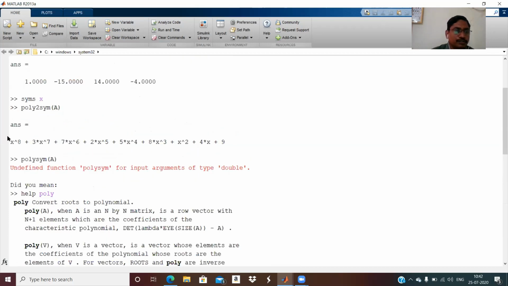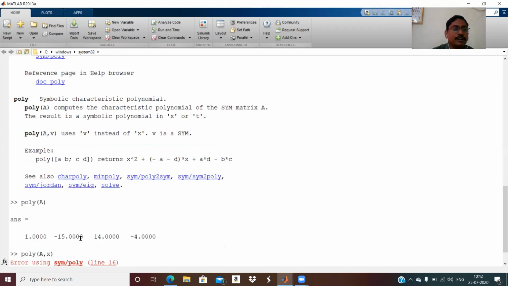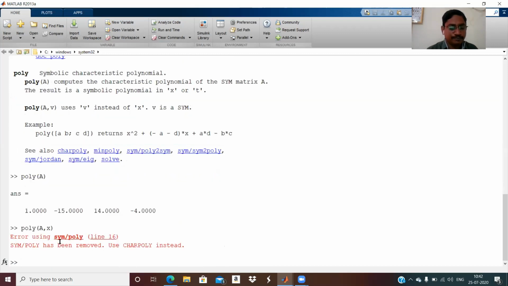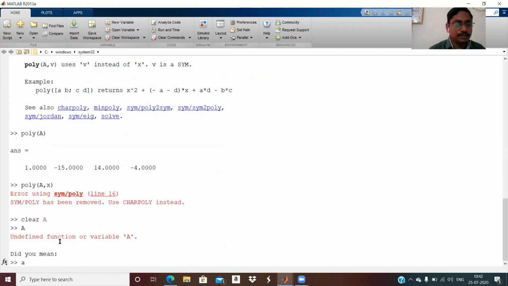This is not a characteristic polynomial. What A has it assumed? Otherwise I have to clear all the A's from its memory. Now you can see there is no A here.